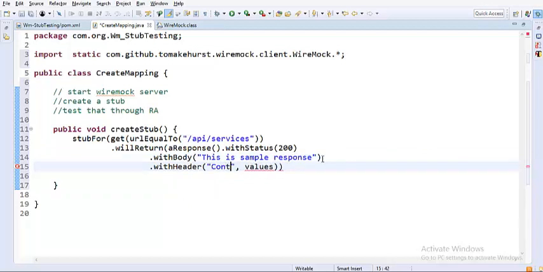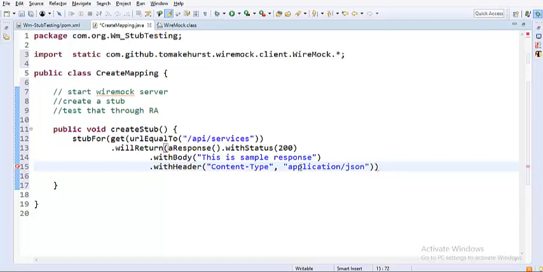So this would be content type, and the value should be application slash JSON. No problem guys, I'll explain in detail what I have been doing in this operation, how my stub is being created, and then we'll see how we can proceed from there.